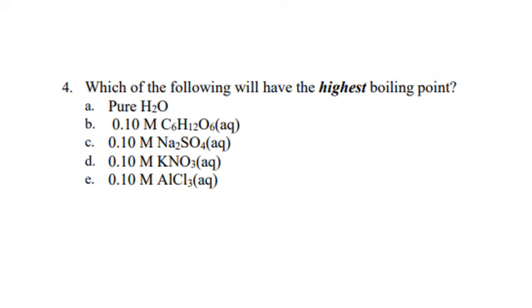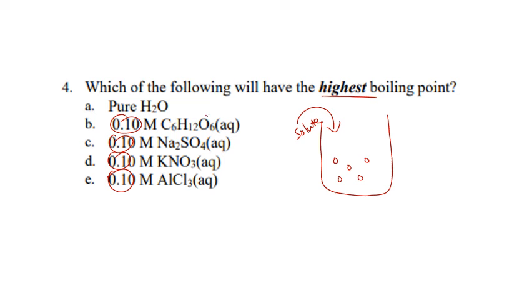For the next question, which of the following will have the highest boiling point? To find the highest boiling point, remember that when you take some water and add some solute to it, there is elevation in boiling point. The boiling point will elevate when you add some solute, and that depends on how many ions it's going to produce. So from the given answer choices, we will find which one will produce more ions. So all are 0.1 molar, as you noticed here,